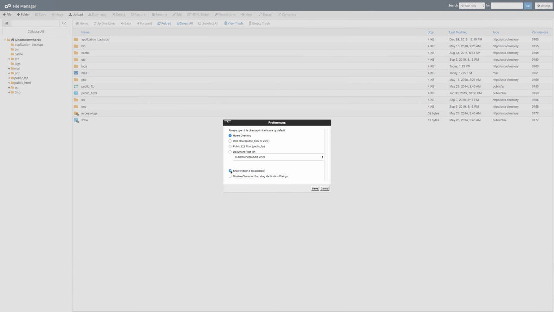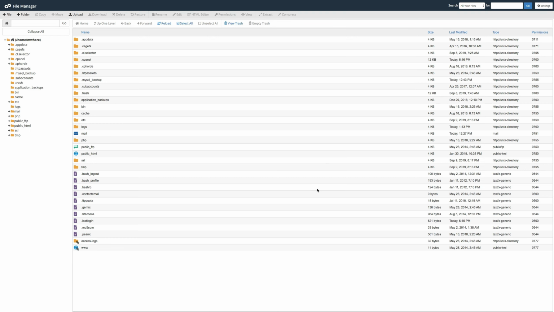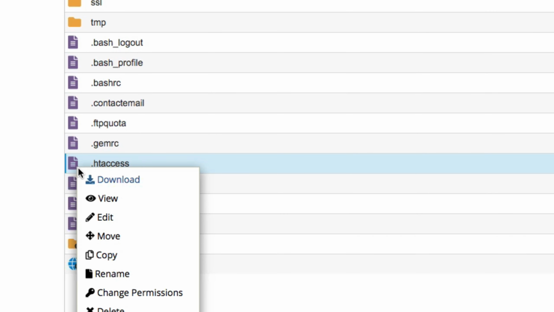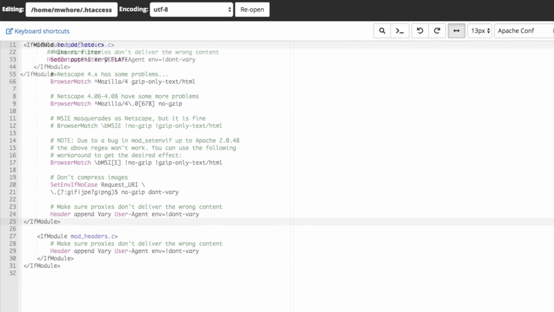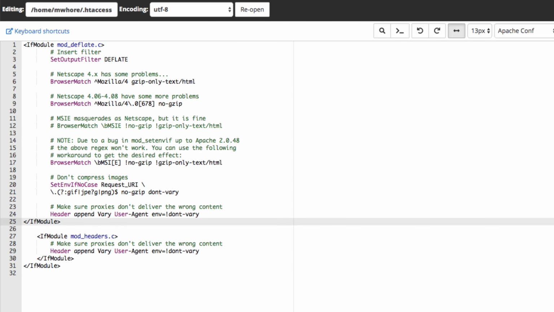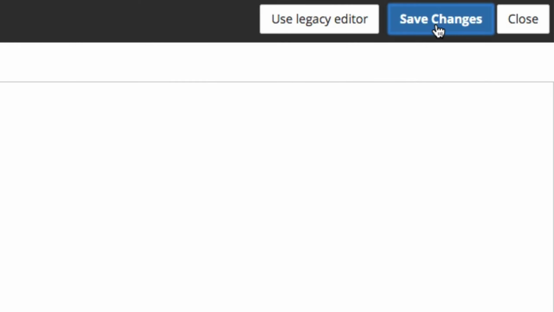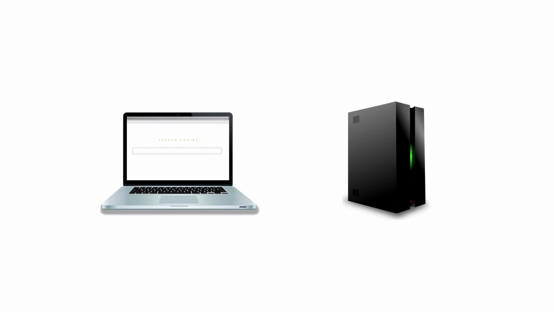Now, to implement either of them is pretty simple. It just depends on what kind of server you're running, or if you have an htaccess file. If you've got an htaccess file, simply edit it, and add these deflate codes to it. Or for gzip, add these gzip codes. Save, and done. Kick back, crack those knuckles, and lace your hands behind your head.